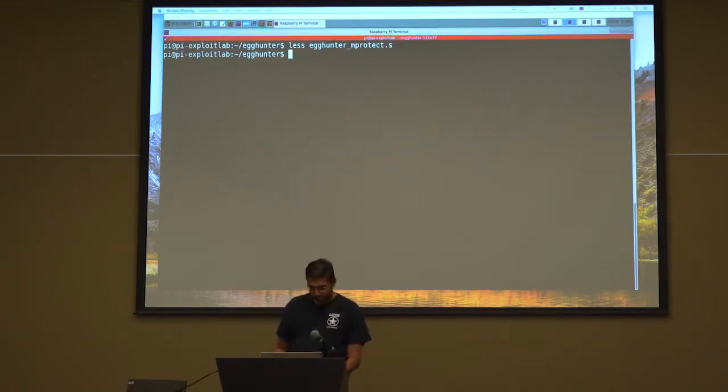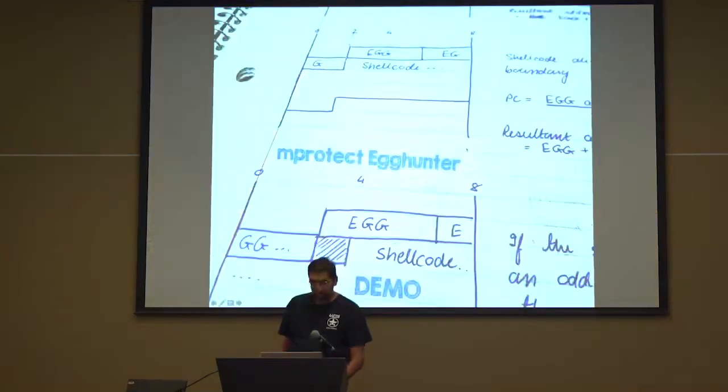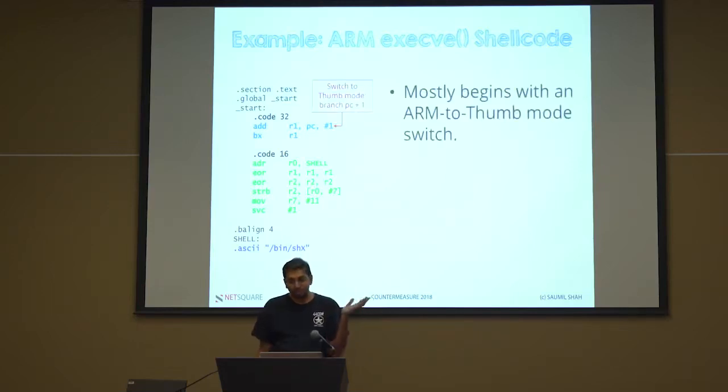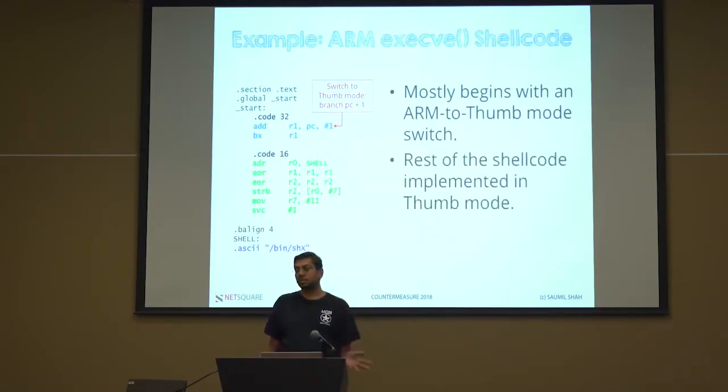Okay, now next one. Next, we're going to talk about the polyglot shellcode and where the polyglot shellcode comes in. And this also brings me to my whole discussion on signature-based defenses. Several people pointed out, whenever I teach ARM shellcoding, they say, oh, hey, but we can always write a signature for this. We can detect the ARM to thumb switch, and this is going to be very much the same with every shellcode. So if we see an ARM to thumb switch with some thumb instructions, we're going to flag it as bad,